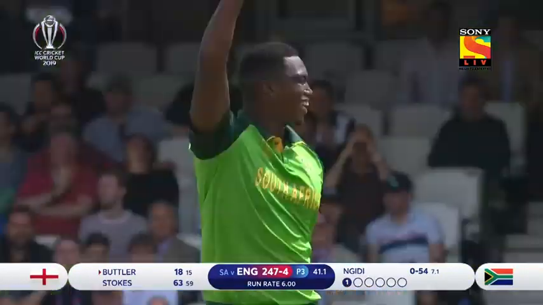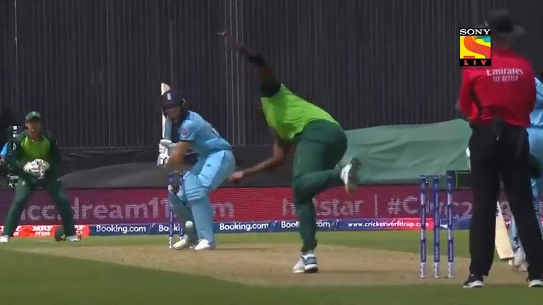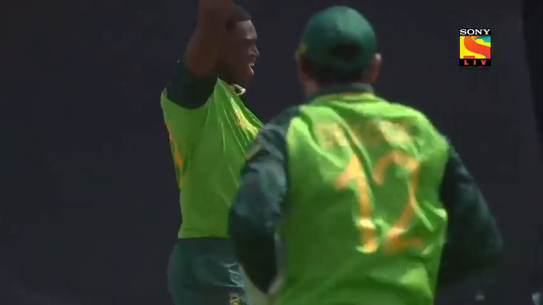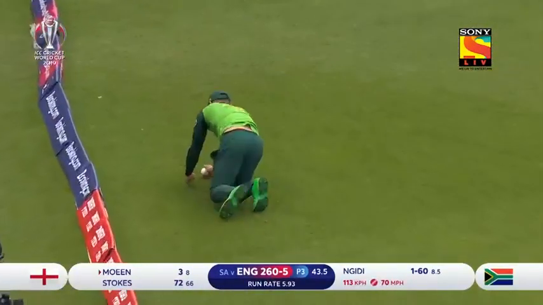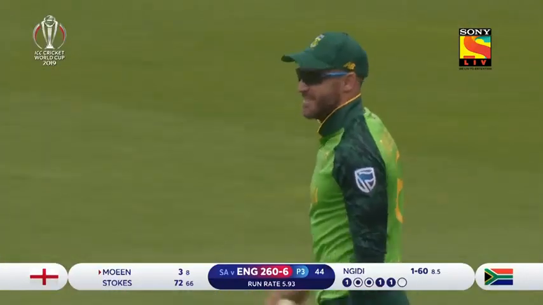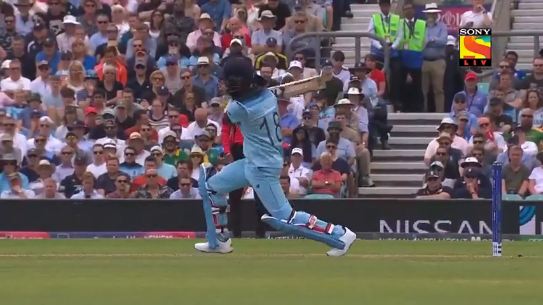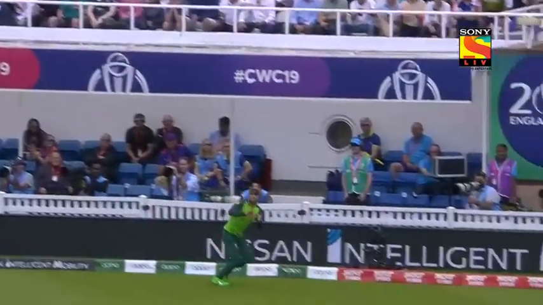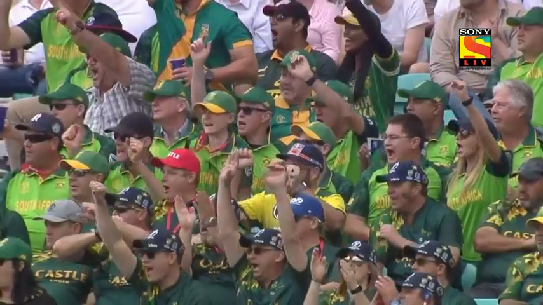Bowled him! That is a massive blow for England. Delivery, moving around the crease as he does so well. Tries to drag it across. Leg stump out of the ground, and Ngidi struck. A reverse pull. Oh, good. Very good. Faf du Plessis, the captain, out at long on. South Africa have taken a couple of good catches in the deep. Markram first of all. Exactly what South Africa needed at this stage. Moving across, off balance. Beautifully watched, safe hands of Faf du Plessis. England did not want to lose a wicket at this stage.